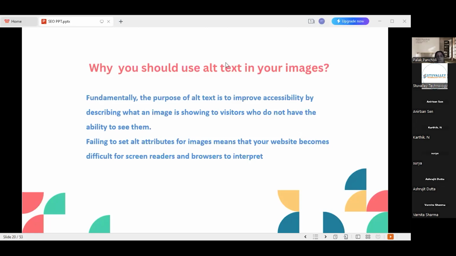Yes, alternative texts are the texts that we write that describe an image, a written description of an image used in HTML code. It serves various important purposes like accessibility, SEO, and image loading issues, right?